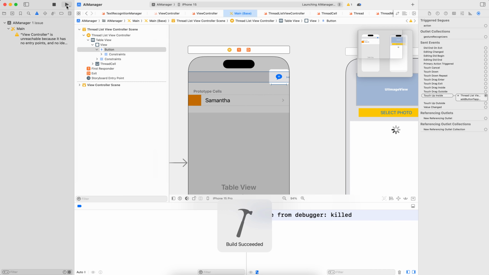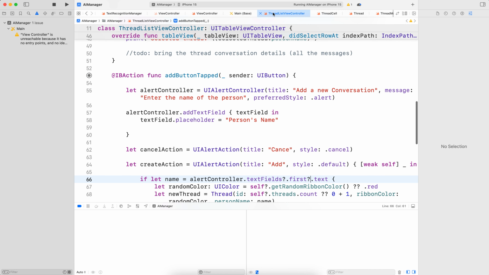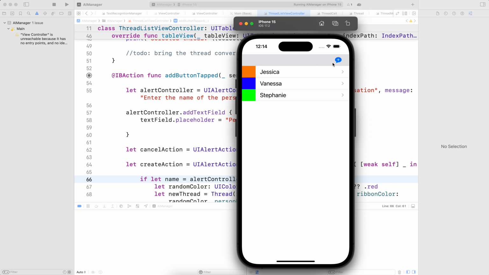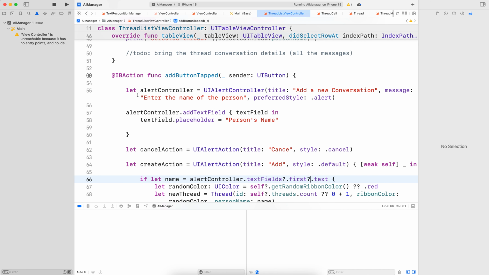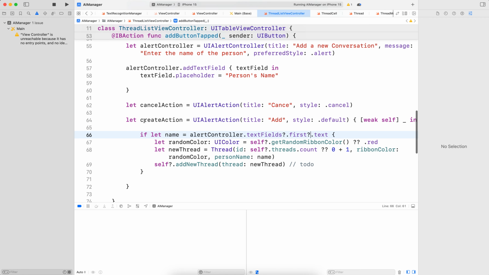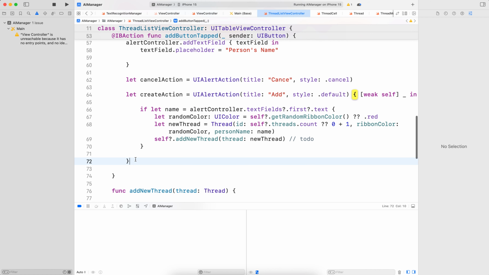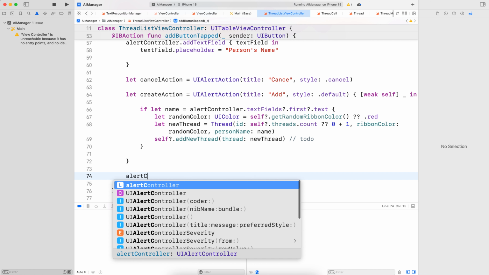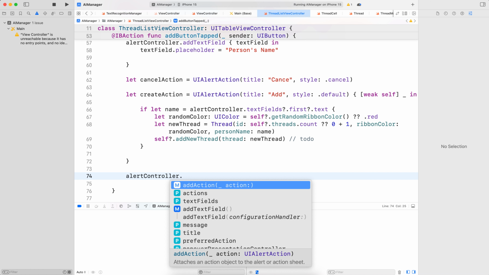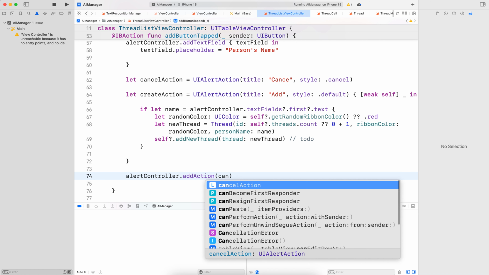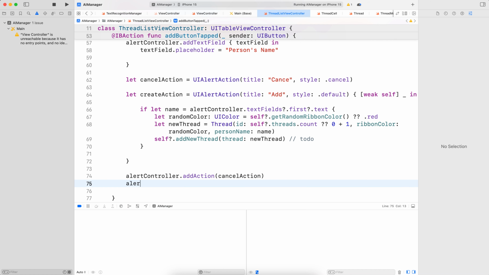And let's see what happens. So I'm going to click on plus. Well, it doesn't seem to be working because we are creating the alert view controller, but we never are displaying it. So once we create the buttons, let's display it. So first, let's add. So the alert controller dot add action. Let's add the cancel action, and then we add the